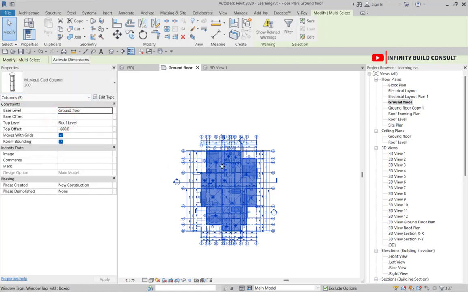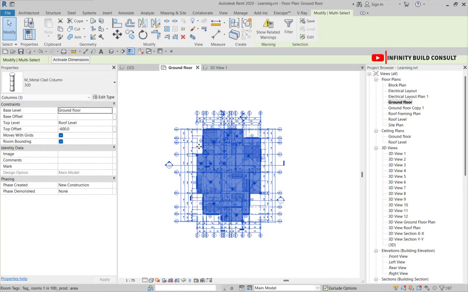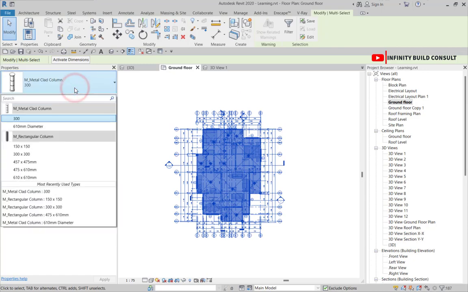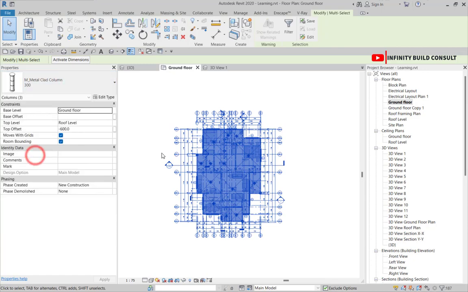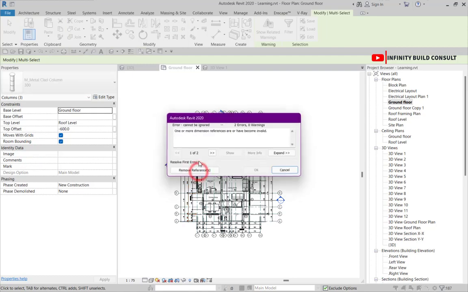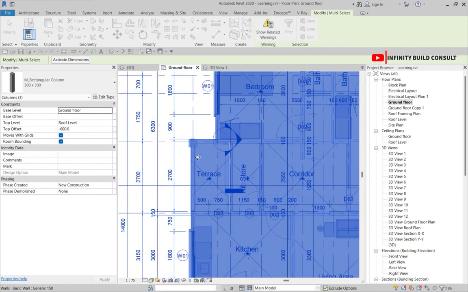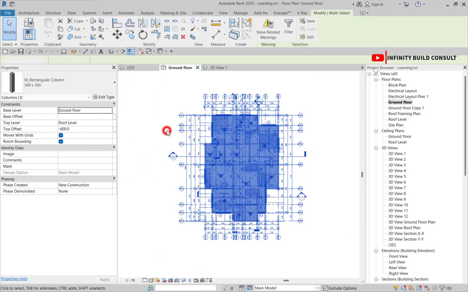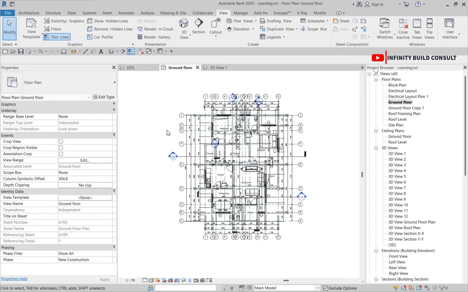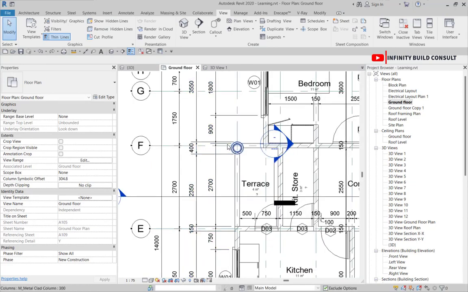So I can select everything and also change the column size from here. Changing the column sizes from here. So let me undo to maintain our drawing in which we have earlier. Okay,